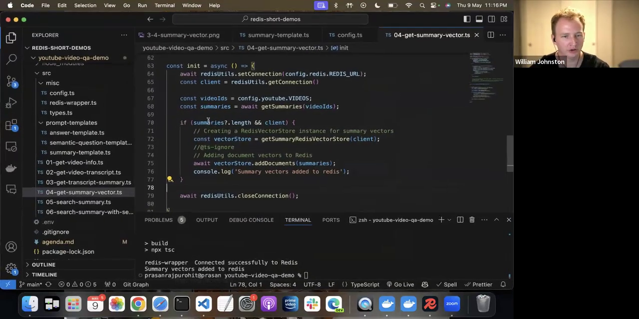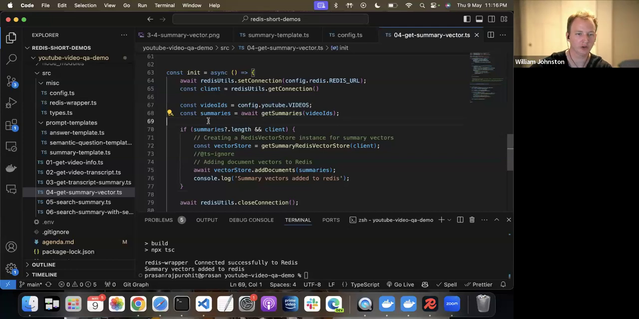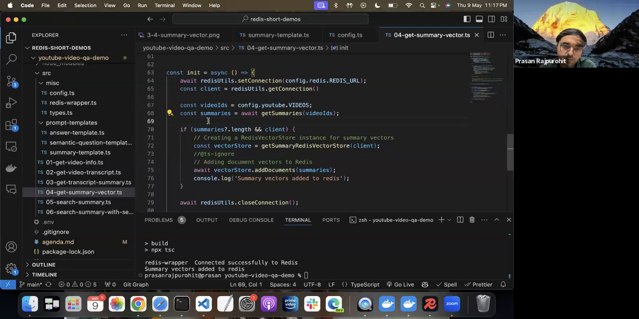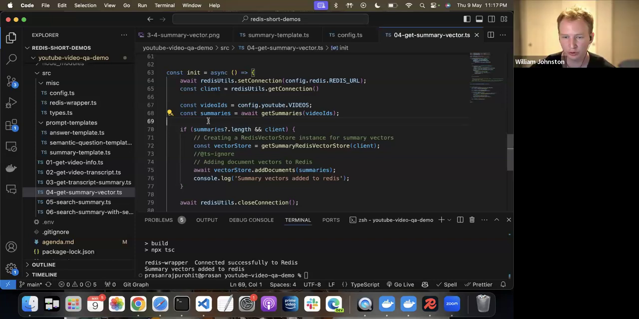Somebody asked, is there a way to generate vectors more quickly instead of calling OpenAI or Gemini? There is. You can use local models. Hugging Face has a lot of open source sentence transformers that you can use. What I'll say to that is,